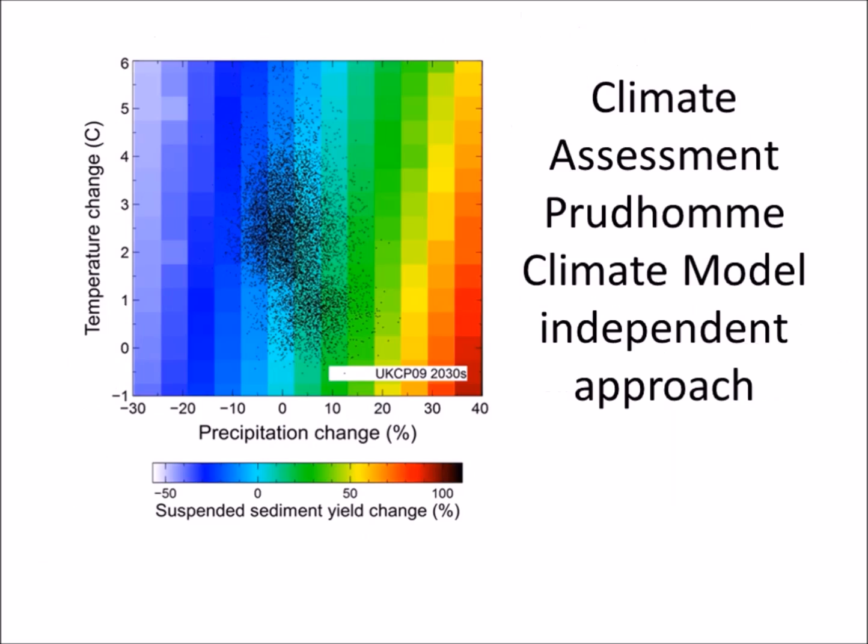We're also making use of a very interesting idea by Christelle Prudhomme from CEH, the idea of climate independent modelling. So, okay, we know there are climate models. What we've got here is basically 10,000 runs of the models. This is the suspended sediment model. And here you've got a full range of temperature and a full range of precipitation, going from -30 to +40. We run 10,000 runs, and then we can plot, if you like, the peak sediment, the sediment yields